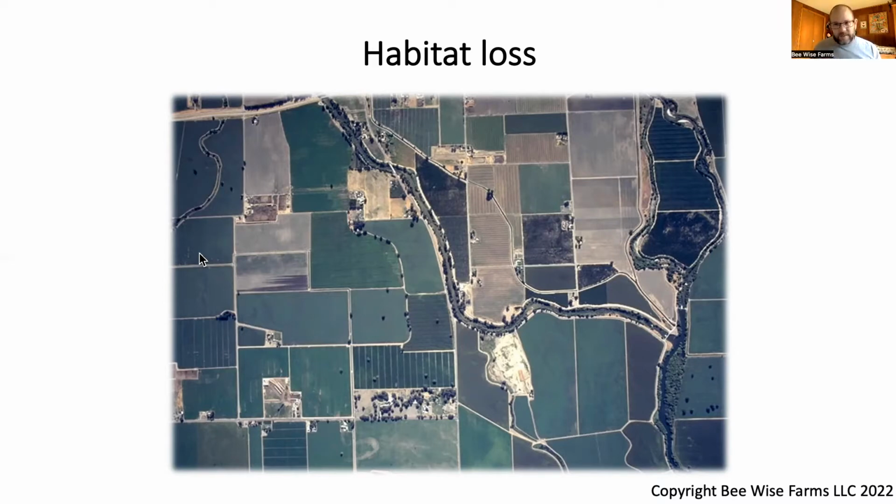Now, they'll go and collect pollen from corn when they have to, but it's a low quality pollen for bees, and there's no nectar reward. So when we see these huge agricultural landscapes, particularly in the Midwest, where you see just cornfield after cornfield after cornfield, those are really poor habitats for pollinators, and really explicitly show you the impact of habitat loss, because in those areas, it's very, very difficult to raise organisms like